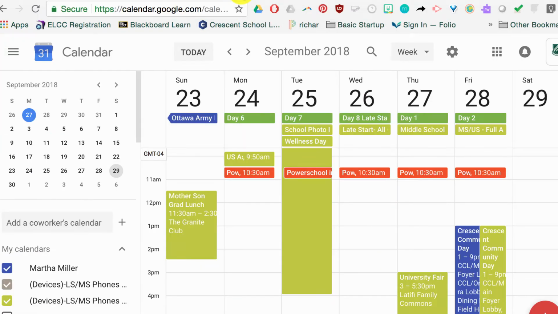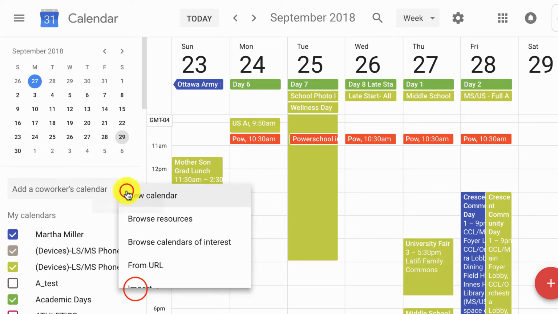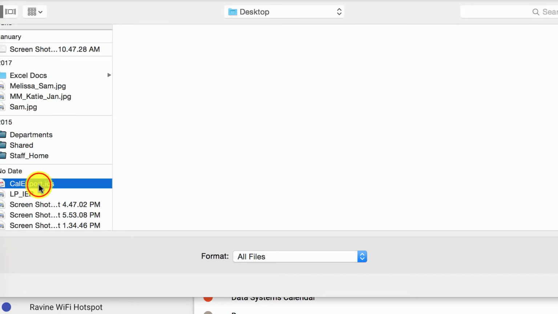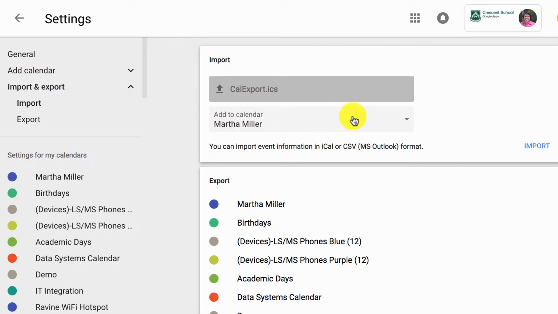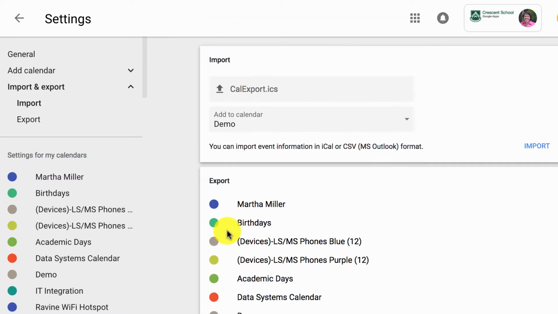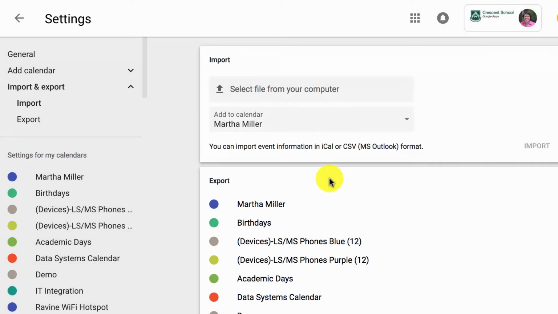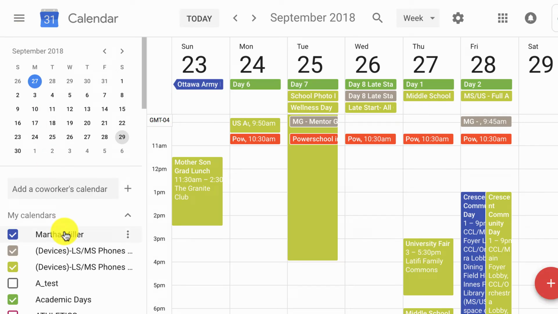Once it's downloaded, I can go into my Google Calendar. So here I am. I'm going to go to Plus and import a calendar. I'm going to select the file, and there's my Cal Export, and I'm going to click Open. Then you need to choose which calendar to add it to. So for the purposes of this demonstration, I'm going to put it into my demo calendar and import. This may take varying amounts of time depending on how much stuff you have in your calendar. The calendar that I imported only had 121 items. I can click OK. Now I'm going to go back, take a look at my demo calendar,